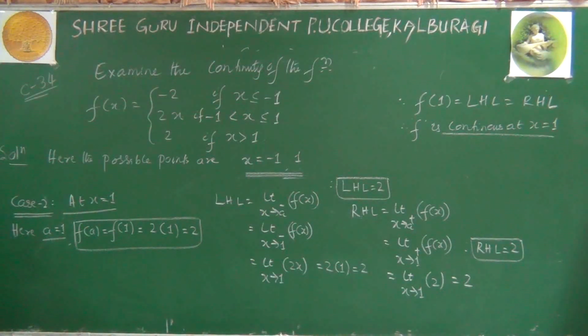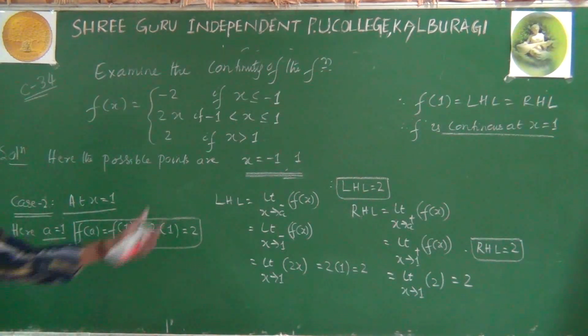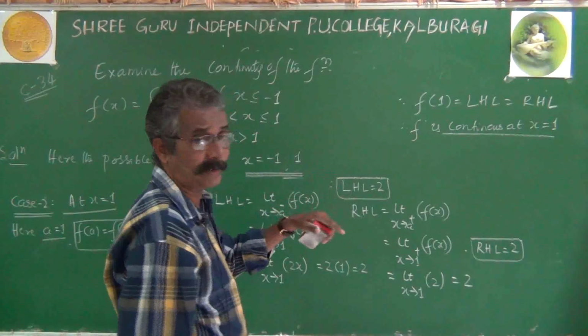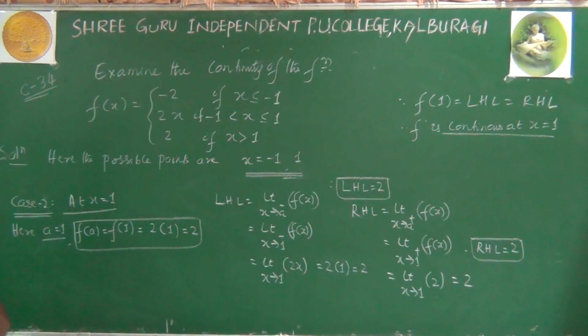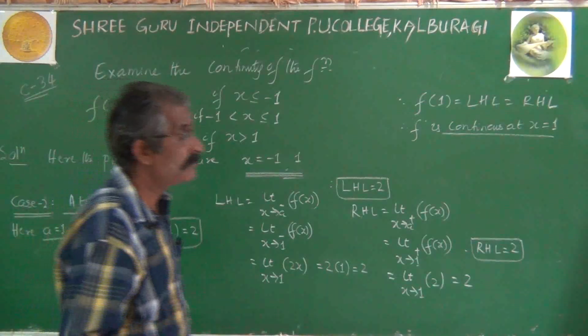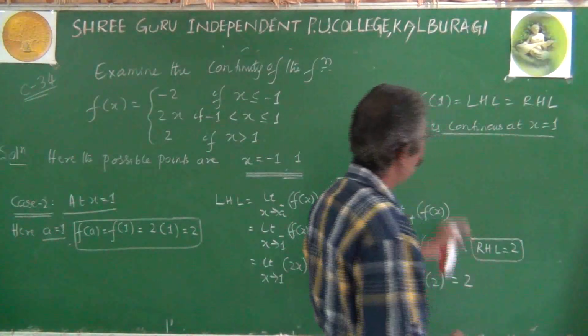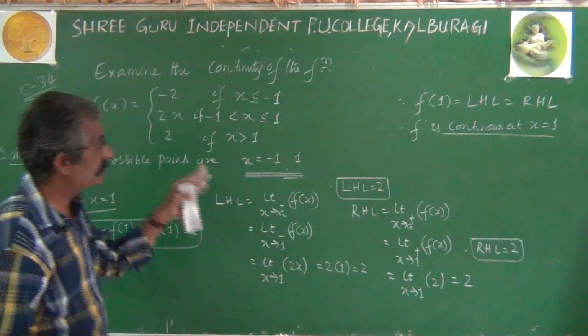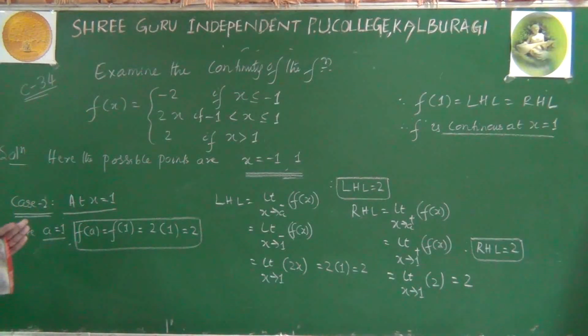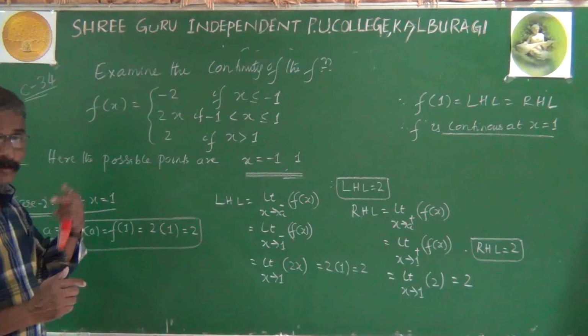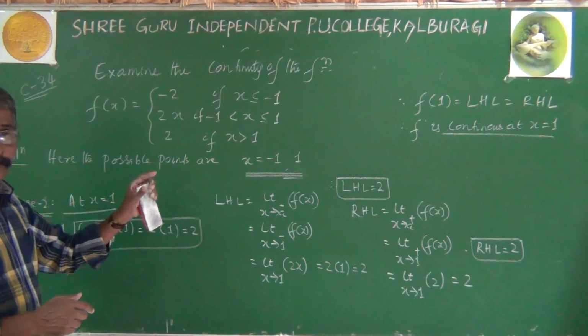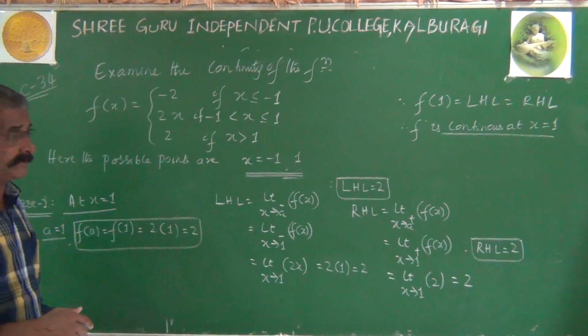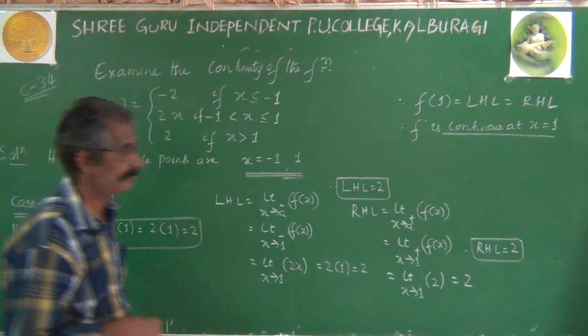So in this problem, what we have seen is that our total function is continuous at x equal to minus 1 as well as at x equal to plus 1. The same concept we shall put in geometrical format. That's not compulsory in the exam. I am just showing it for your easy understanding. What we analyzed is that this function is continuous algebraically. Let's see geometrically how this function behaves as a continuous function.